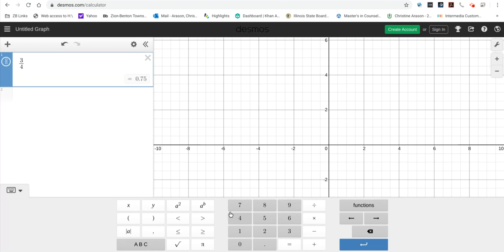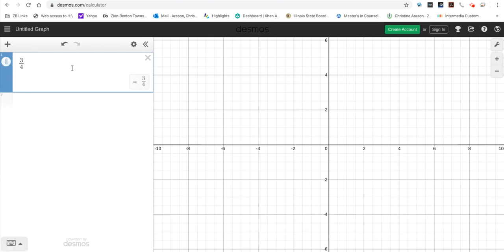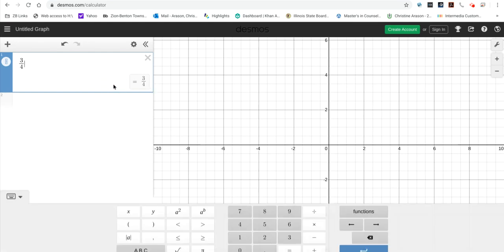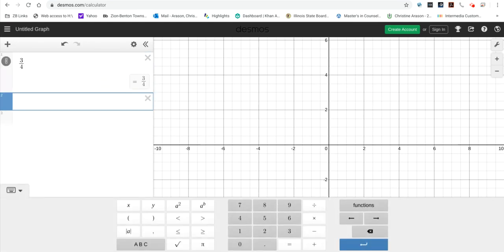Okay, now, right now, this is showing as a decimal, so a lot of times we need a fraction. So what you do is you hit this button over here, and it will convert it to a fraction. So let's do one that reduces. So you have to hit enter to get to the next box. So let's do